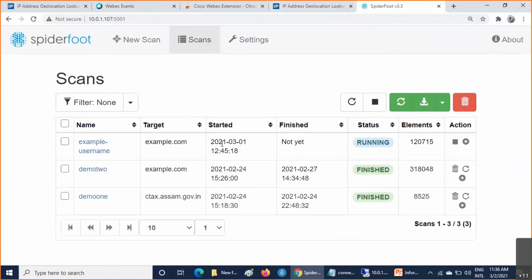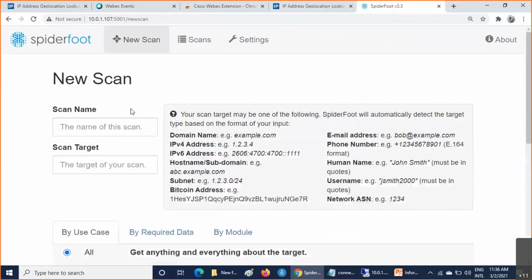Well, it's a new scan. Yeah, I'm writing here. See, it's already given as example.com. So let me run from here only example.com, as I am showing the demonstration with example.com only. Scan target.